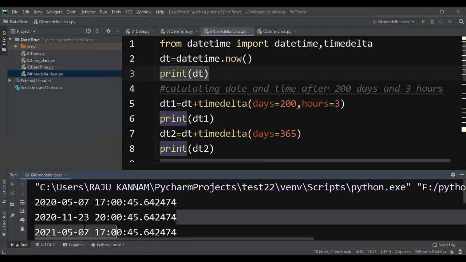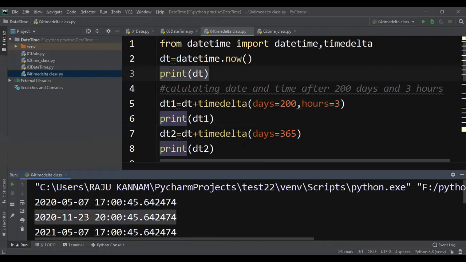Now after 200 days and 3 hours, you can see the current time is 5 o'clock in the evening, you add 3, it will be 20:00. So if you add 200 days, this is the date after 200 days and 3 hours from now.